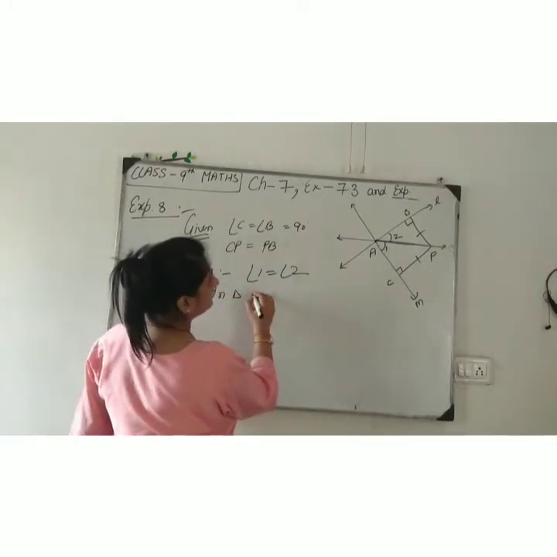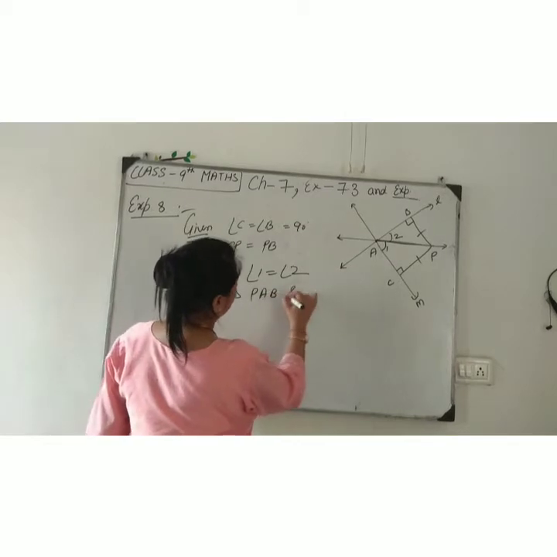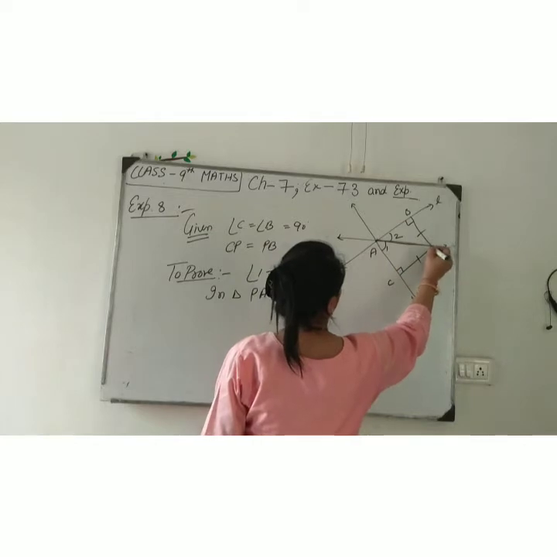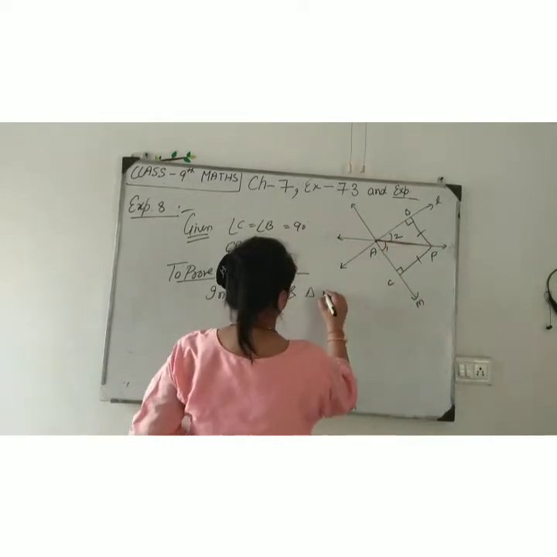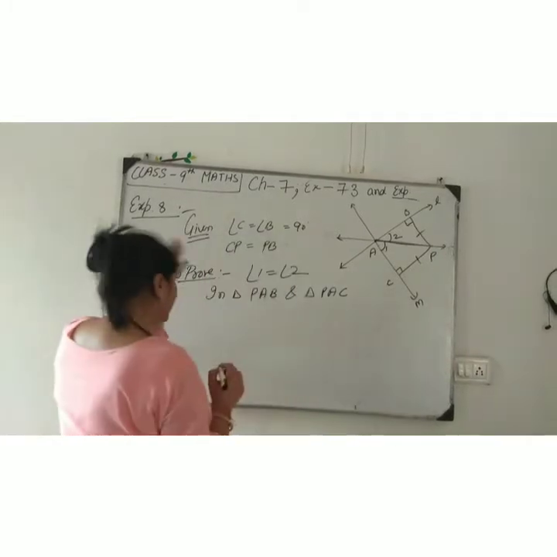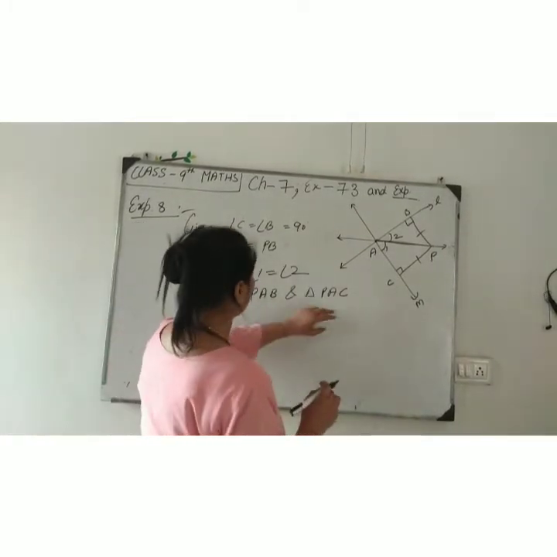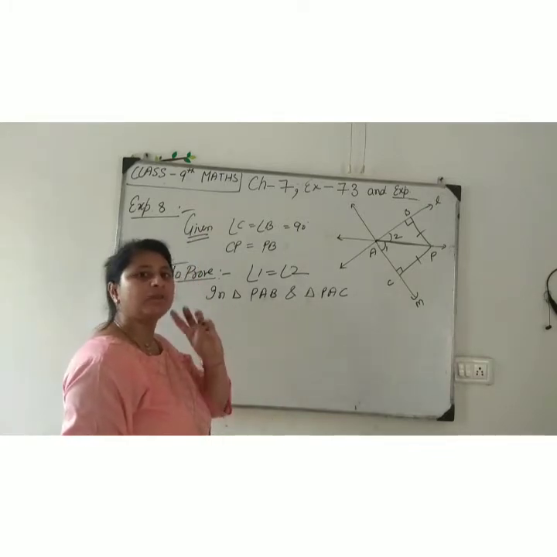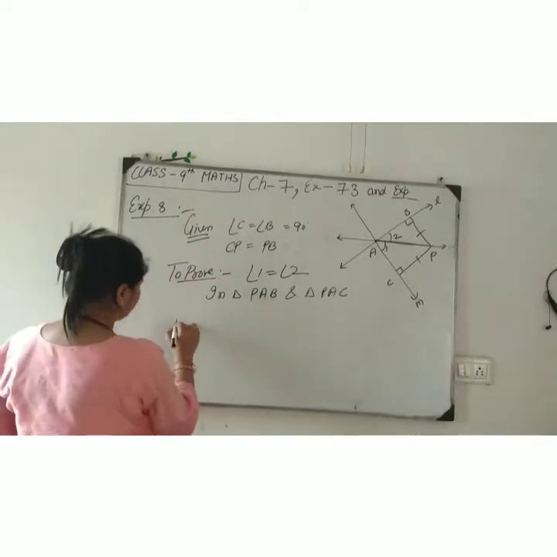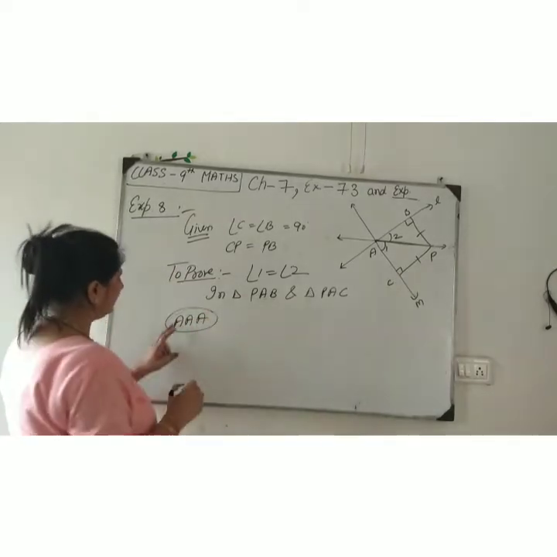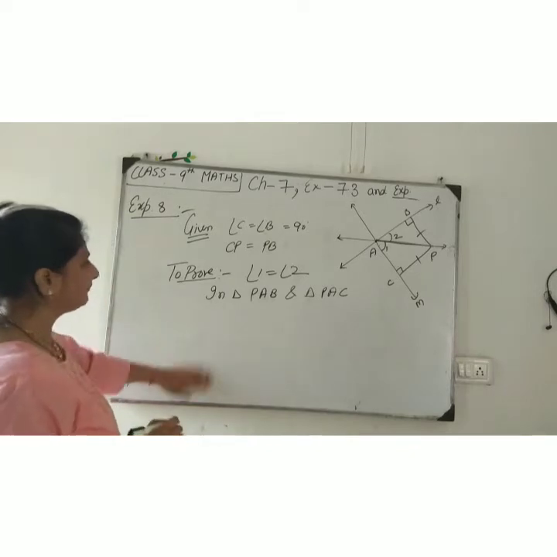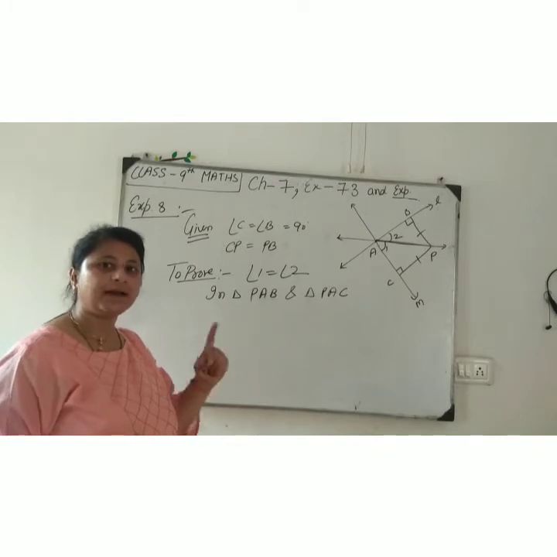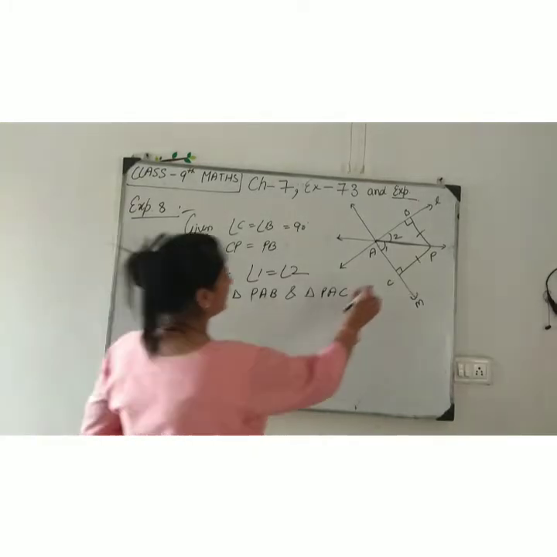In triangle PAB and triangle PAC. Now, is it clear? Okay. Now, if I want to prove these figures congruent, I need three things. Maybe two sides and one angle, maybe three sides, and listen, this is not applicable for three angles. No, it is not applicable. Okay. So, I need two sides and one angle, two angles and one side, RHS, whatever you can use on it. Okay. Start from here.